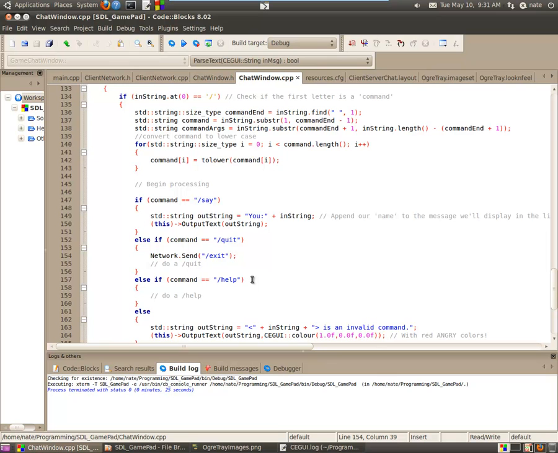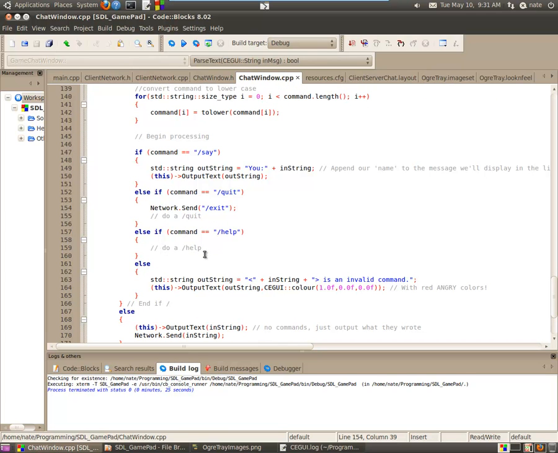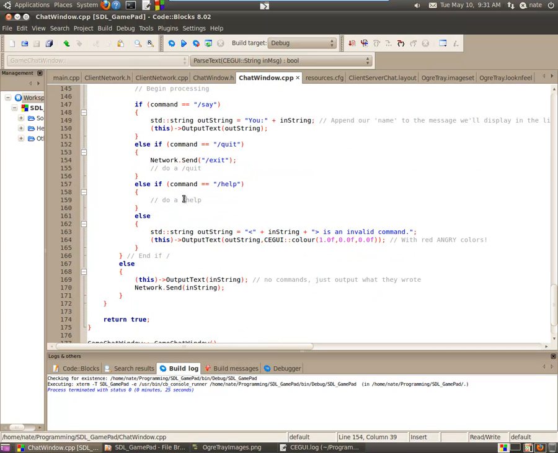Alright, else if command equals, quotes here, /help, close the quotes here, and you can do a help thing where it lists all the commands that are possible inside your text box, so that someone knows what to do. And that's pretty standard also for a message chat system. So you can basically do your own chat editor like this fairly easily, essentially what we've coded at this point in time. cd::string outString